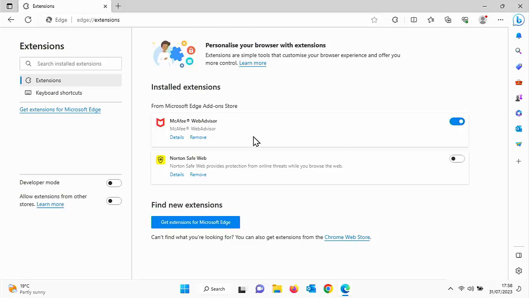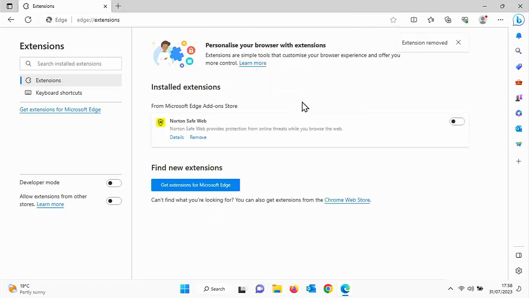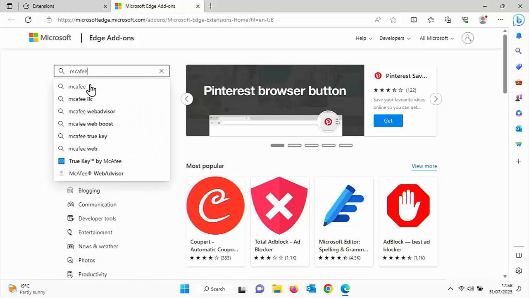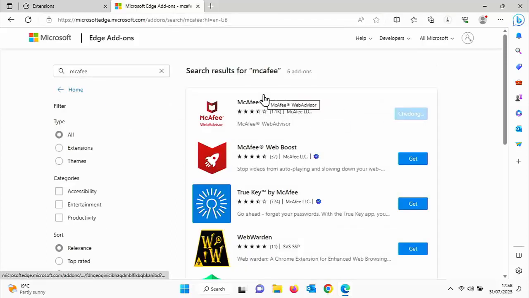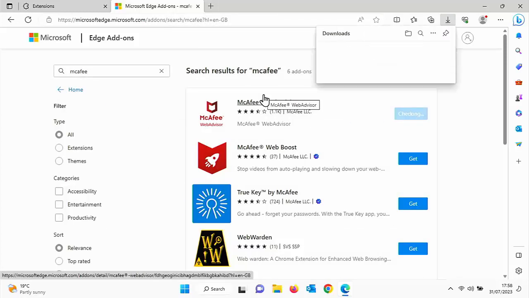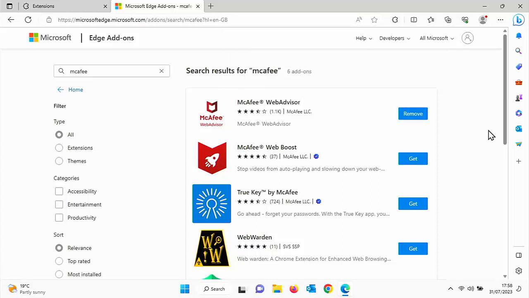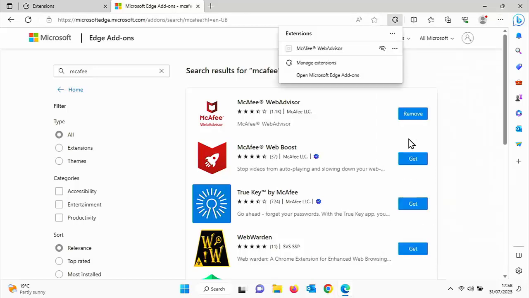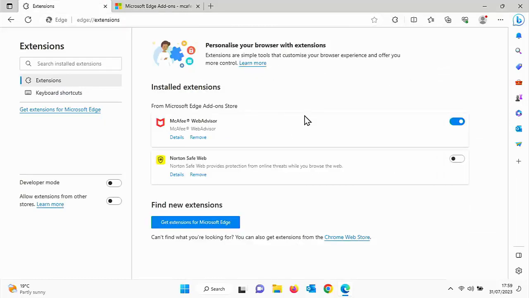the problem. So all you do is just click on remove here in extensions and just go into get extensions for Microsoft Edge and re-download it again. So just search for it in here, click on get, click on add extension, and it's back. It could be that that extension has got corrupted. And obviously, if problems start again after you've reinstalled it, then what I would suggest is remove or turn off that extension and try and get in touch with the developer of the extension and report the problem to